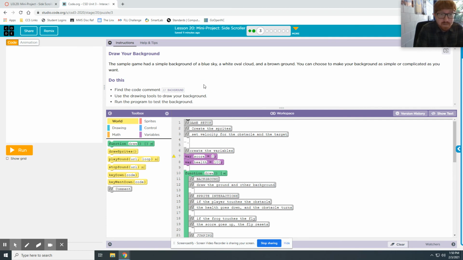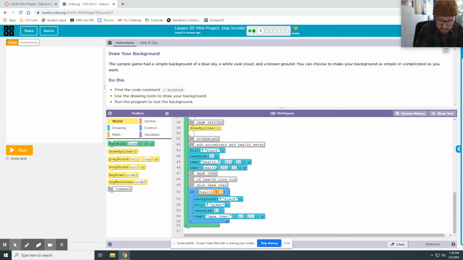The sample game had a simple background of a blue sky, a white oval cloud, and a brown ground. You can choose to make your background as simple or as complicated as you want. Do this. Find the code comment background and then use the drawing tools to draw your background. Run the program to test the background. All right, so inside our draw loop, we've got